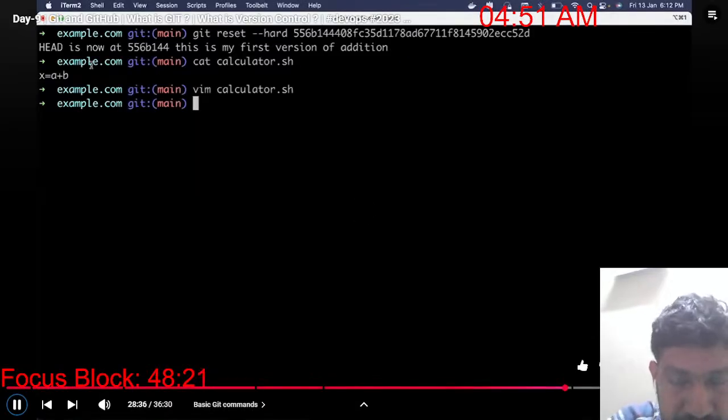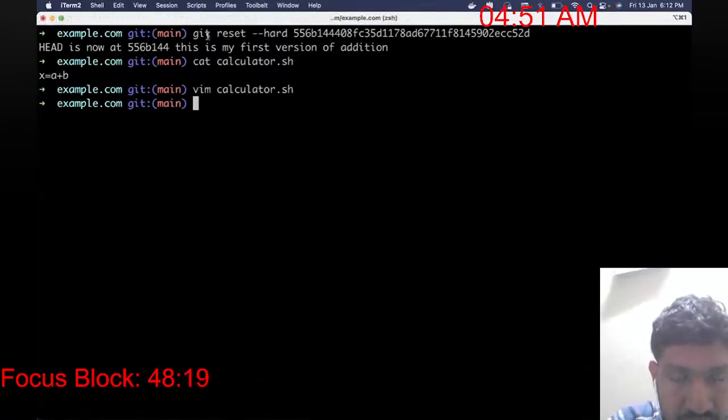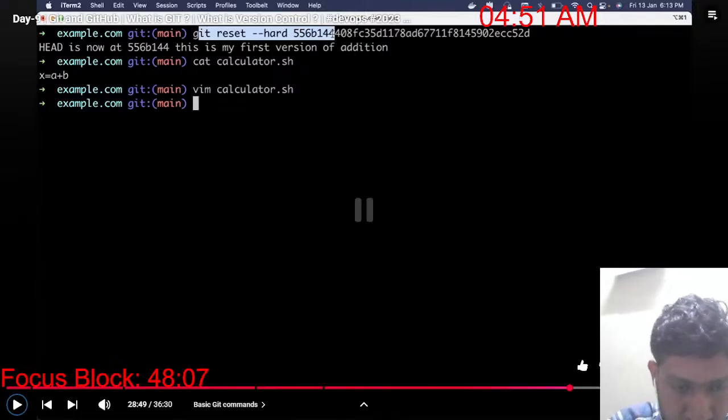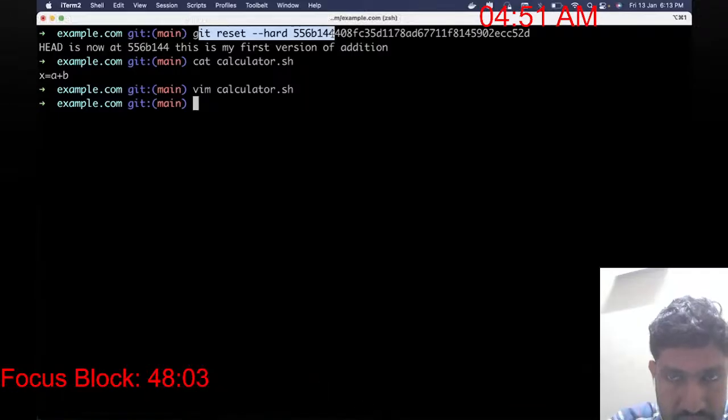So this is how you deal with versioning in Git. So you don't have to use git reset --hard. This is one basic command that I explained to you. But the primary thing that I wanted to show you was using Git, you can switch to multiple versions. You can go back to any previous day. So that is the concept of versioning.